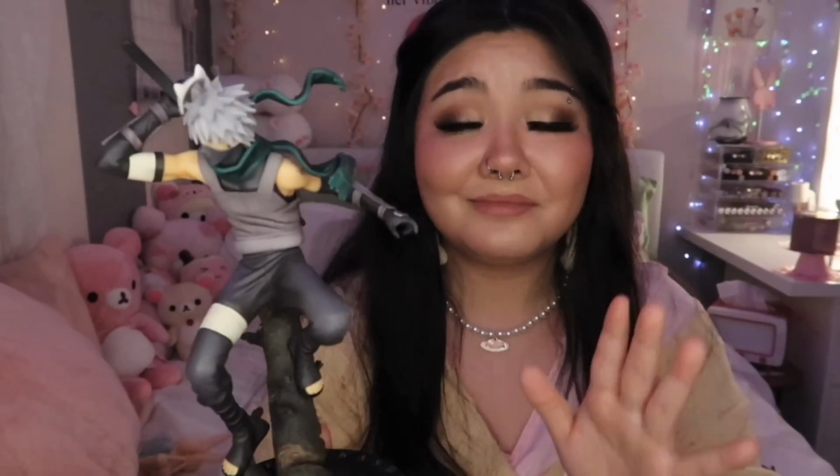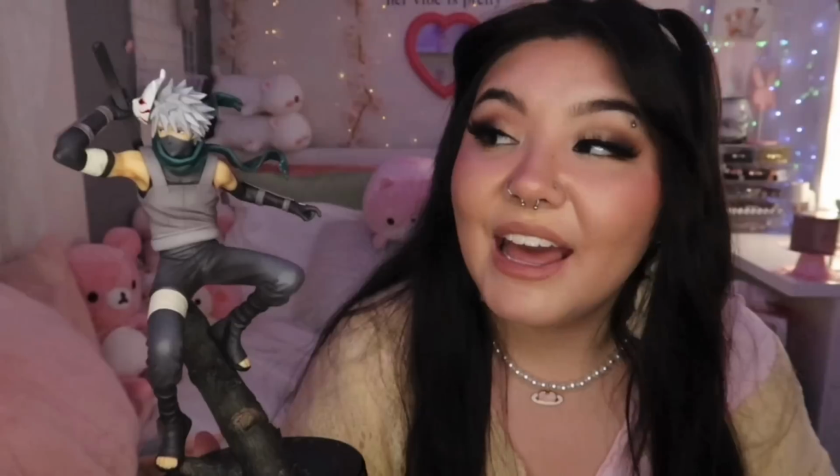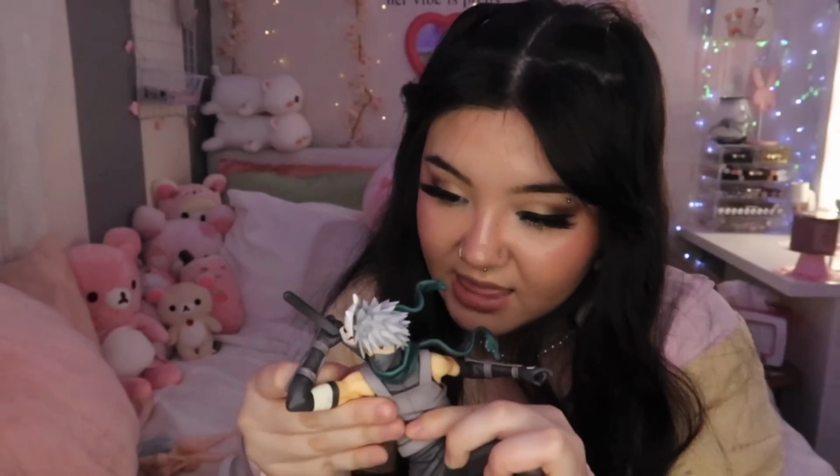But the only complaint I have about this is some of the parts on this are so hard. Let's talk about this. It is supposed to be attached to his back. It has the holes and it has the pegs on the sword to put it on his back, but they will not go in as hard as I've tried. They do not fit. They will not go in. And I have